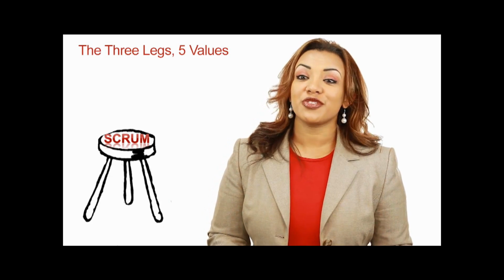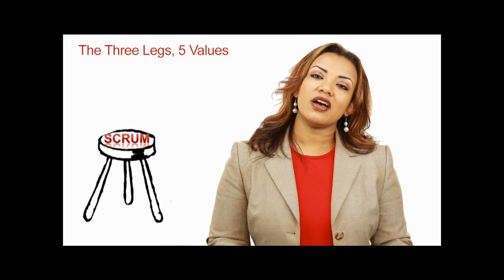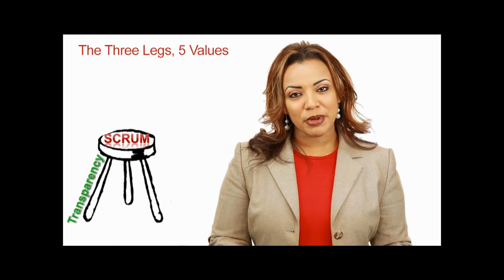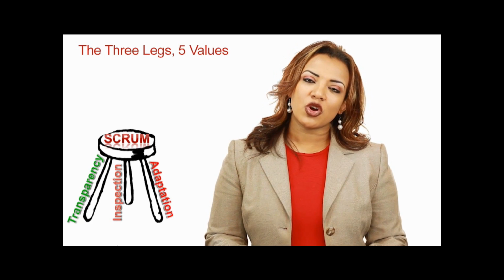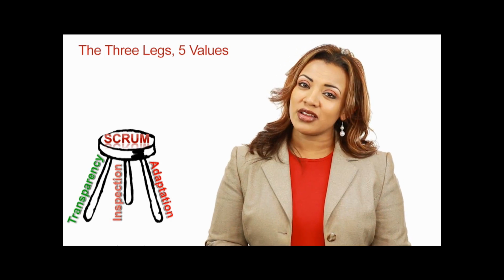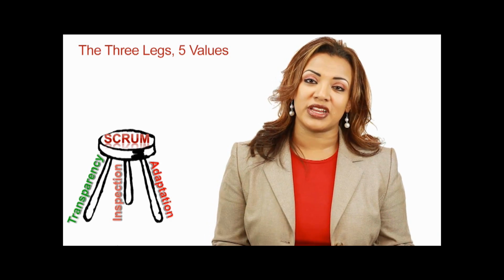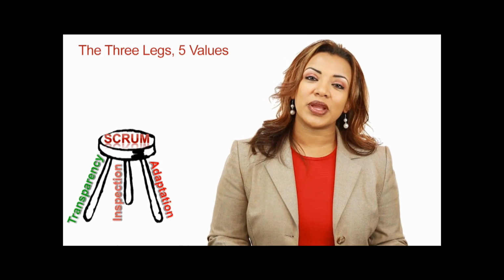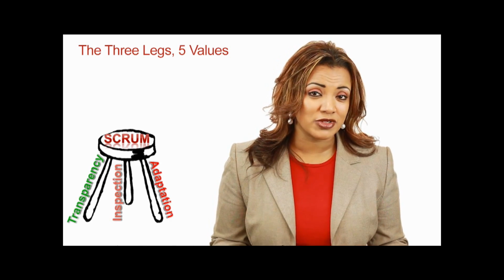So let's cover the three legs of the stool for Scrum. Scrum really is based on transparency, inspection, and adaptation. Transparency means that we need to have visibility on everything that's going on. That's why we have the planning meeting, which provides visibility for the team, what they're going to get done in this sprint. That's why we have the daily Scrum, which provides visibility for tasks in terms of what's really happening